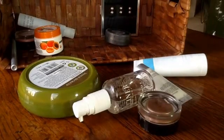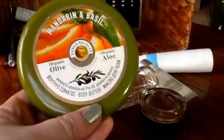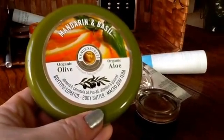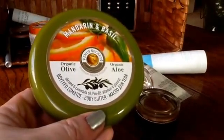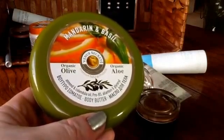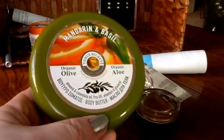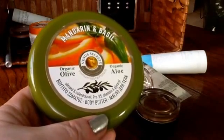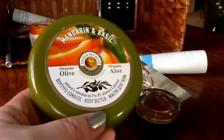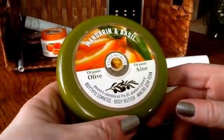Now, the other things really I'm throwing away because I've got sick of them. One of them is this body butter that I bought when I was in Greece, mandarin and basil. You couldn't open it and smell it, and it was supposed to be organic. Look, there are lots of good things to say about organic products, but people, in my opinion, on YouTube in particular, are getting a bit of a bee in their bonnet about organic. It can be just as much of a rip-off as the high-end, hyper-marketed products, and some of the nonsense that's